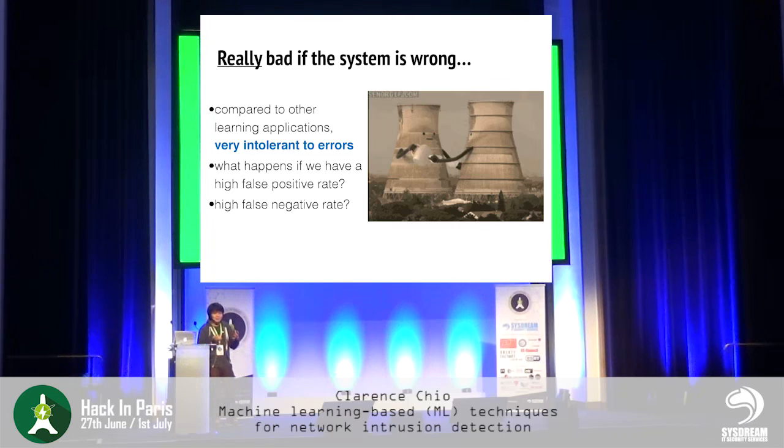Also, the false negative rate. Let's say you have sysadmins in charge of looking at alerts that this system brings up, and there are a lot of false positives when the machine learning is too relaxed. So let's say it starts flagging a lot of non-attack traffic as attacks, and the sysadmins will slowly start getting more tolerant to these alerts, and then they'll start to ignore them. And if there are any false negatives that are not caught, then it's also hard to verify whether there's actually any attack traffic in there or not.